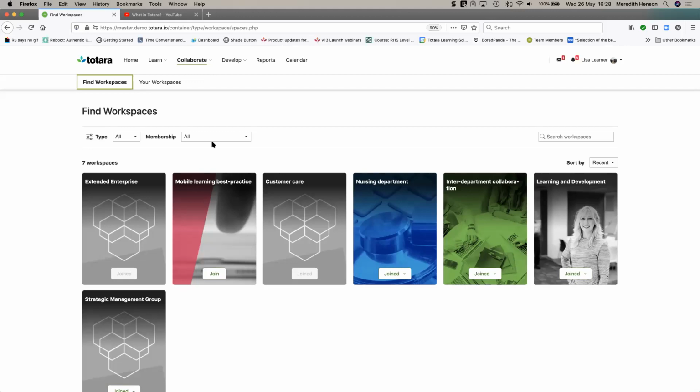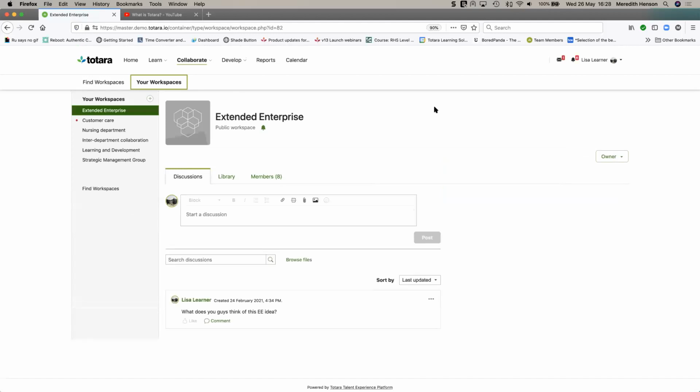So within these workspaces, this is the workspace that Lisa, who's obsessed by multi-tenancy and extended enterprise, has created. She's created those resources within her library. Then she's created a public or an open workspace. And by open, I don't mean to the general public, but to people within your Totara site, as opposed to a private group, which should be invite only.